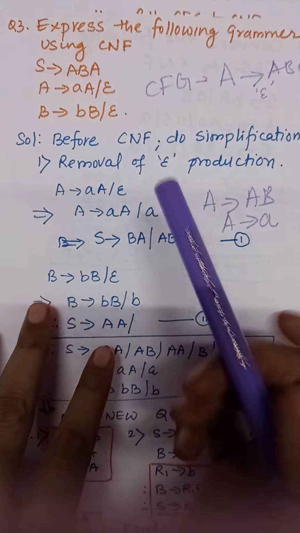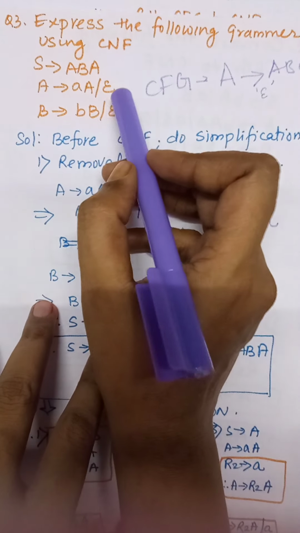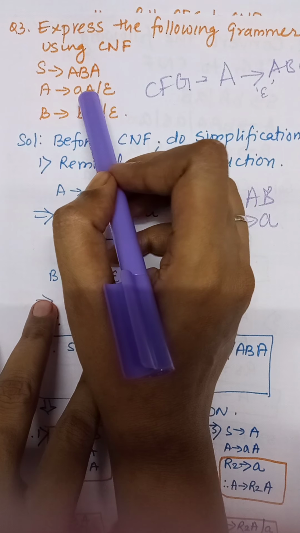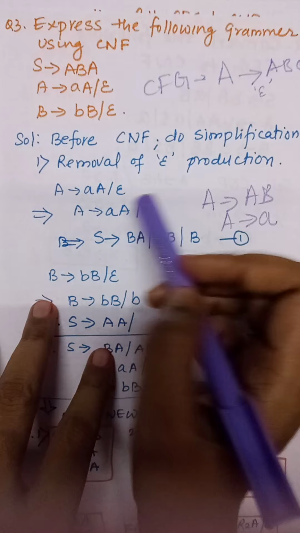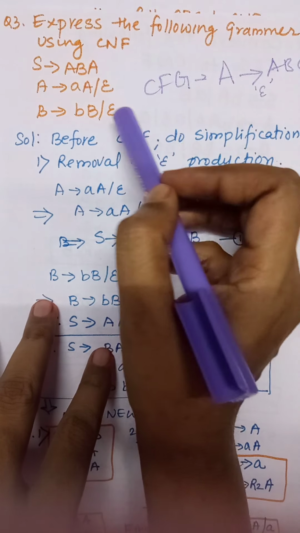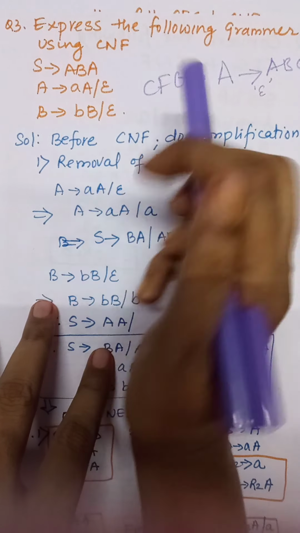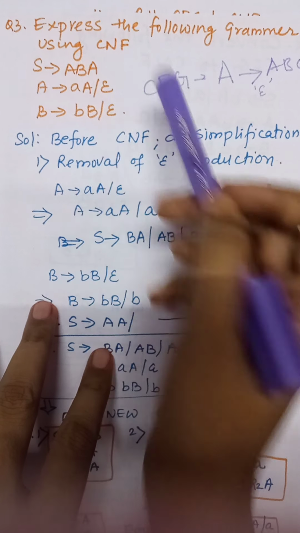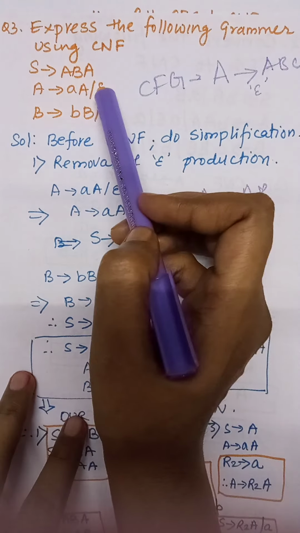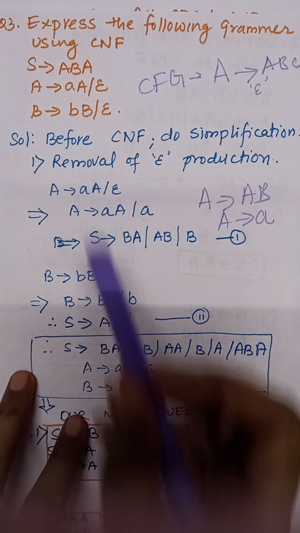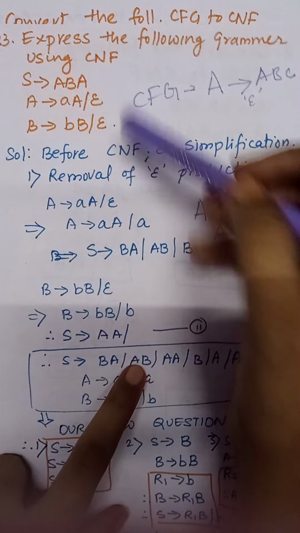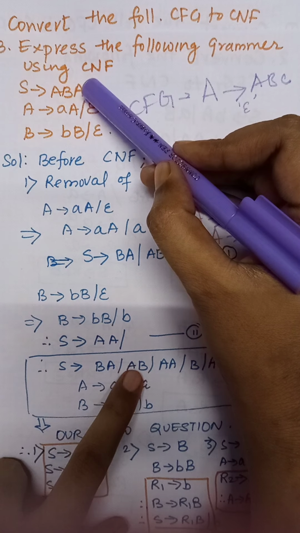Now what is the next step? The next step is we are going to put epsilon in the place of A. So if we put epsilon in place of A, we will get only a single A. If we put epsilon in B, we will get a single B. Same thing, put epsilon in A, B and A. If we put epsilon in the first A, we will get BA. If we put epsilon in the last A, we will get AB.